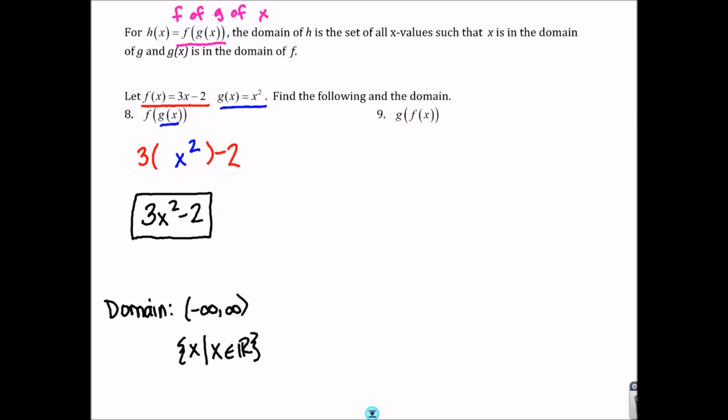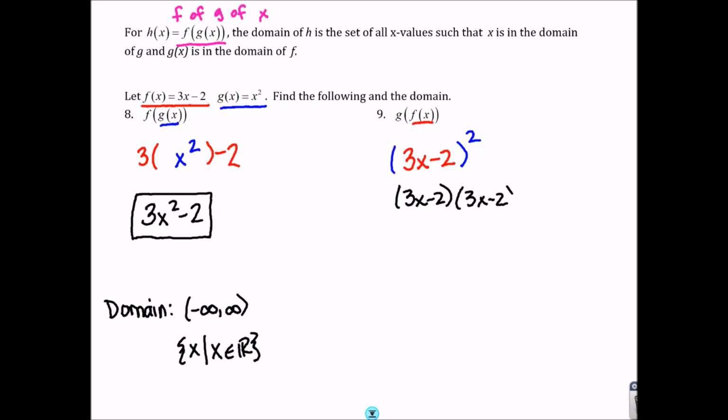Number 9 asks us to find g of f of x. So we're taking f of x and plugging it into g of x. So I'm going to start with g of x, which is x squared, and then I'm going to plug f of x in for x. Now, you know that when we square a binomial, we need to write it out twice